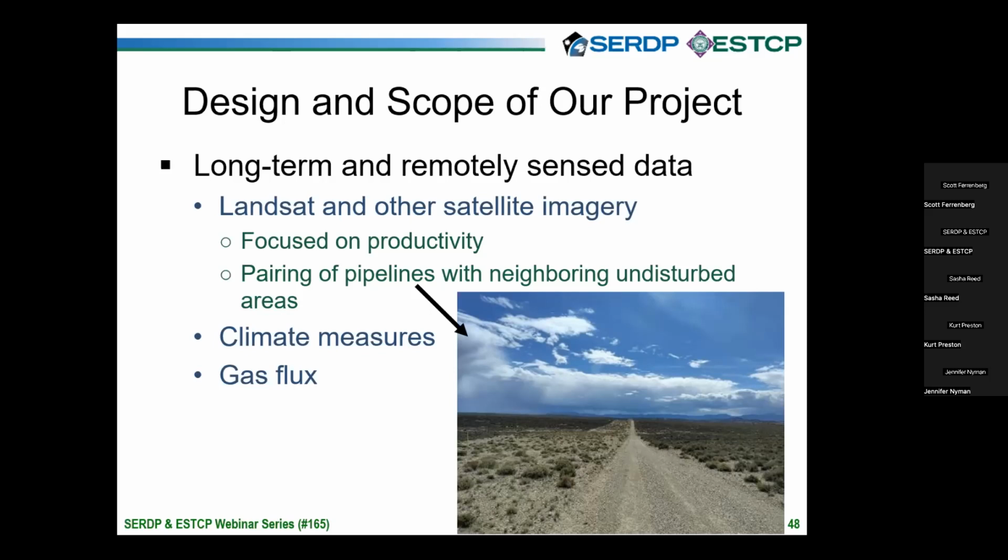And if we look far to the right and far to the left of those 2 types of disturbance, you see those more natural locations that have not been impacted. And this is what Tyson is trying to do, is get that pipeline and find one of those neighboring pixels in that natural area. So he has a great paired design. And because he knows when pipelines were placed, he can look back at how long they've been there and assess the level of recovery from that Landsat record.